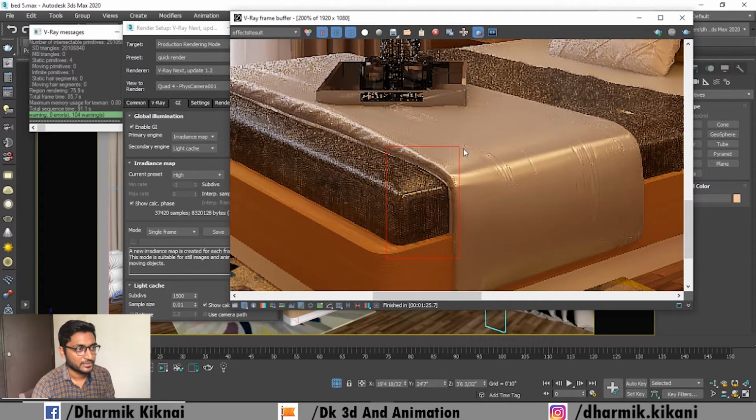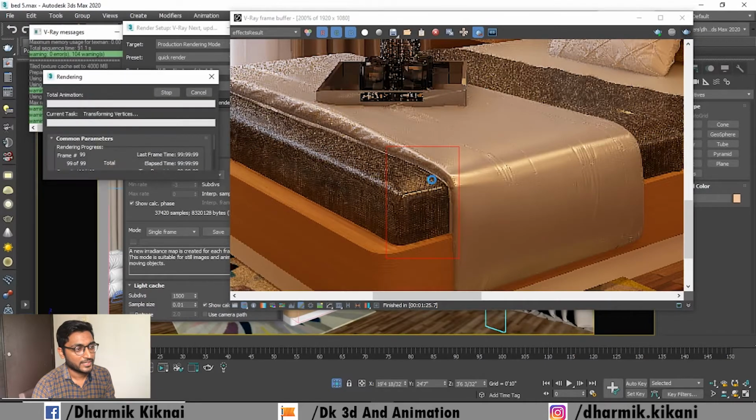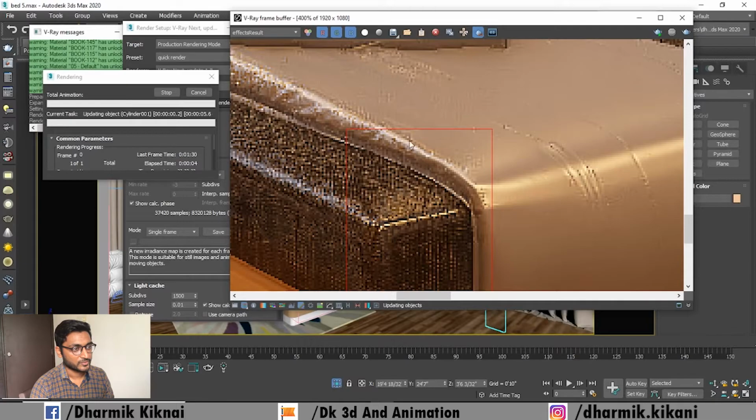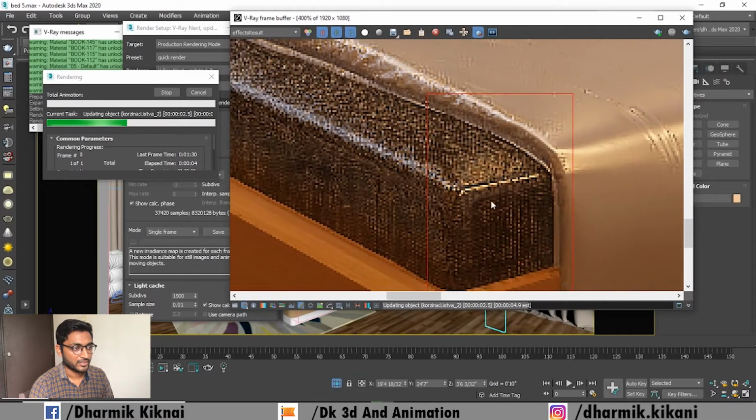I use it here. Now I start the render, and you can get the difference between this portion and this side. I zoom in, so you can get the idea of this side and also in between the rectangle.